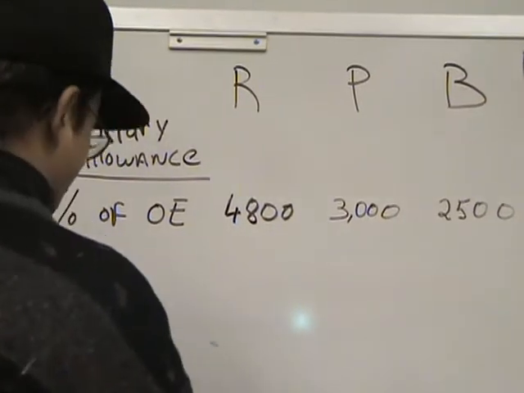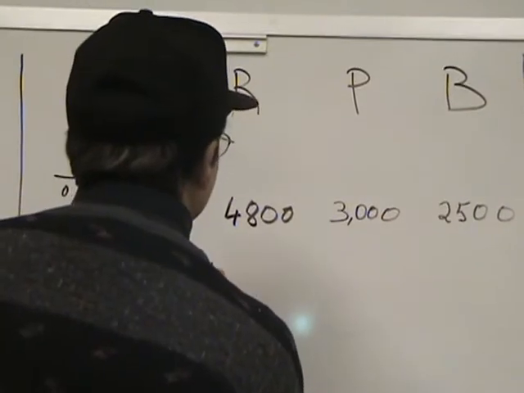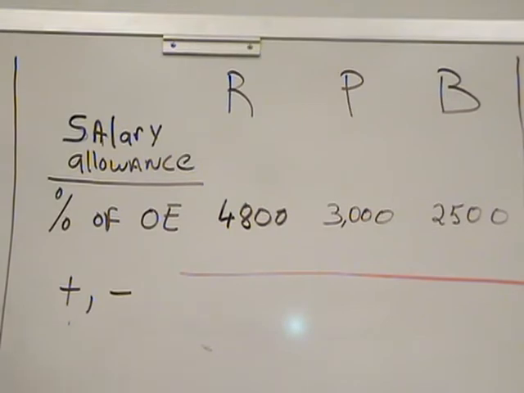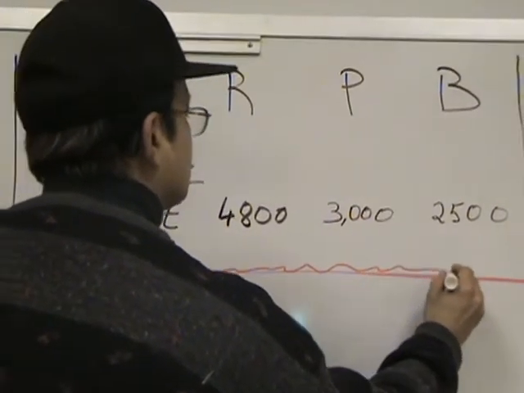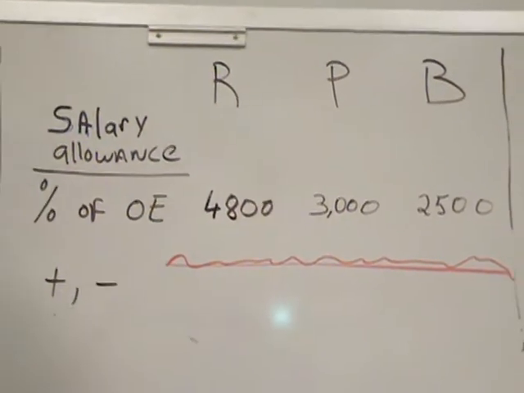So always put the red line underneath percentage of owner's equity. And you can make it a little squiggly if you want. Just make it a little squiggly because it's not that bright. Okay, like that. So now you do steps 1 and 2, then you're under the red line.